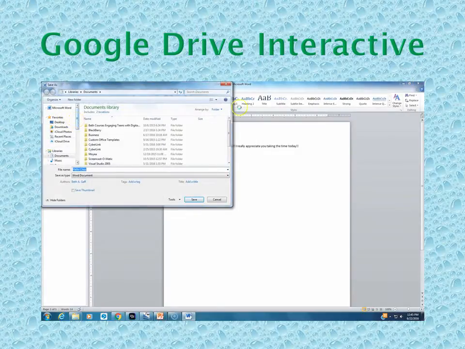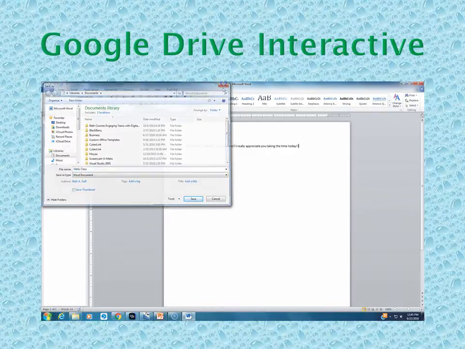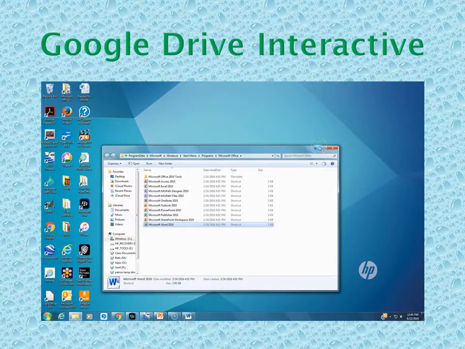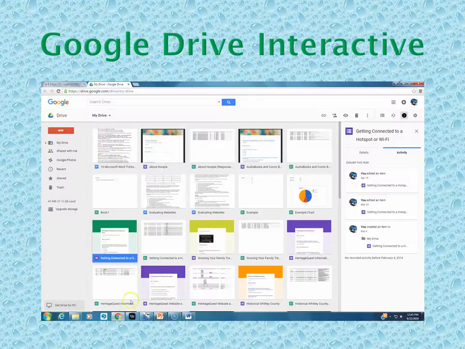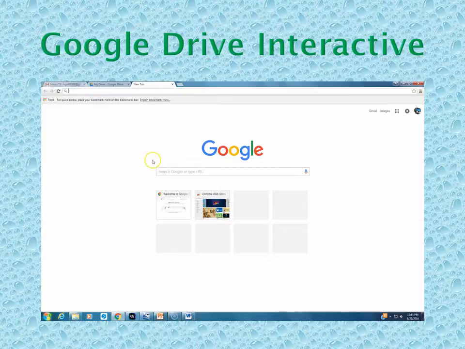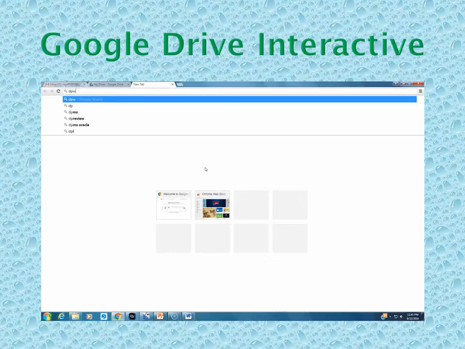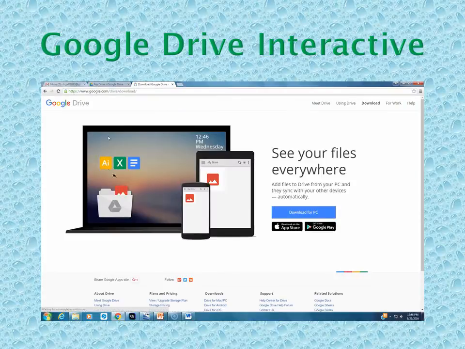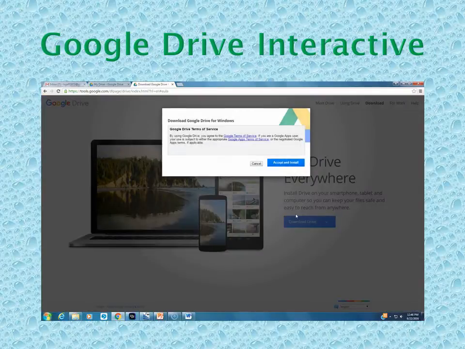Now, I don't have Google Drive on here, so that means I'm going to have to go get it. Let me do that rather quickly. So if I want to download Google Drive, I'm going to type that in. So I'm going to download it to my PC, but you can also see where I have these other options as well.